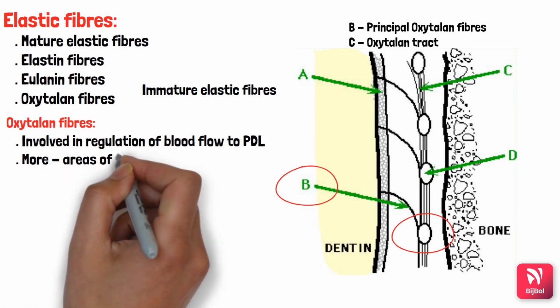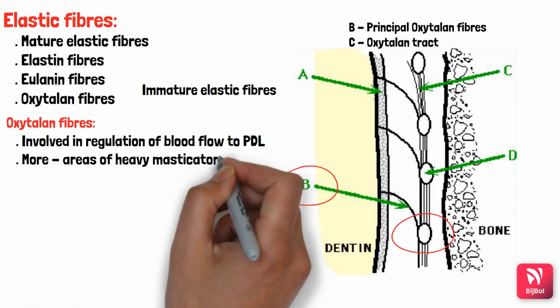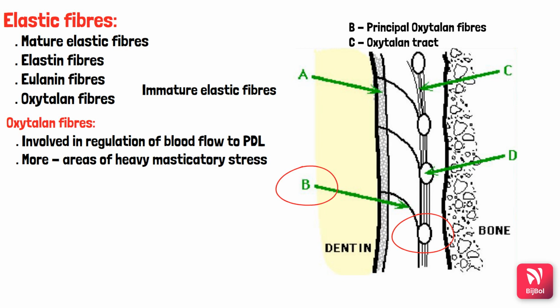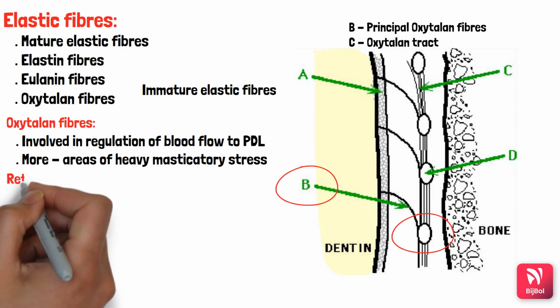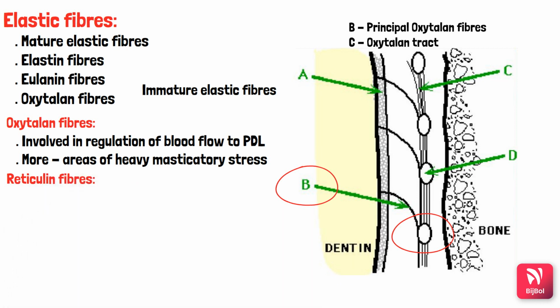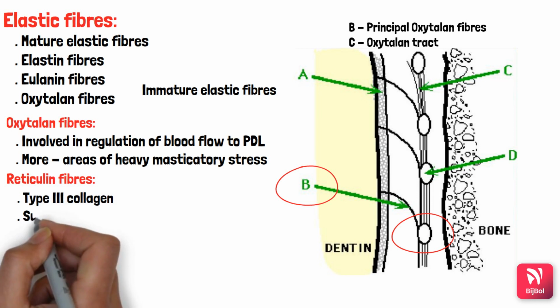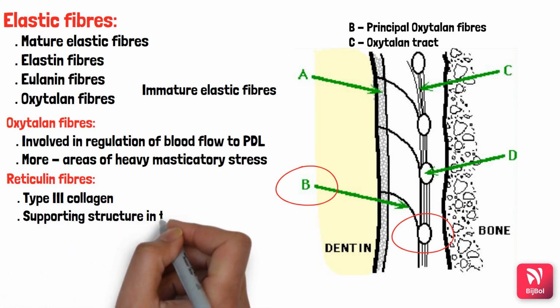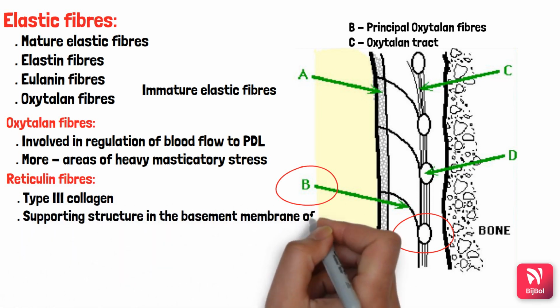As it is inserted into the blood vessel, we can tell that the function of these oxytalan fibers is involved in regulation of blood flow to the periodontal ligament, and these are more numerous in cases where there is heavy masticatory stress. Now let's see about reticulin fibers. These reticulin fibers are made of type 3 collagen fibers, and because they are type 3